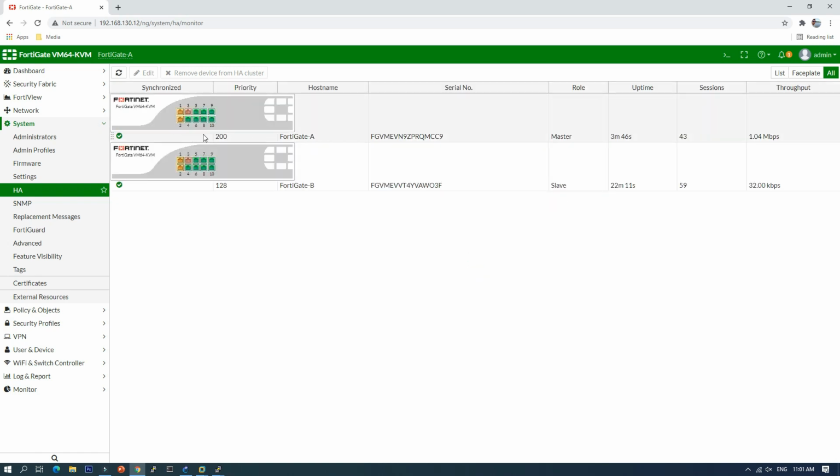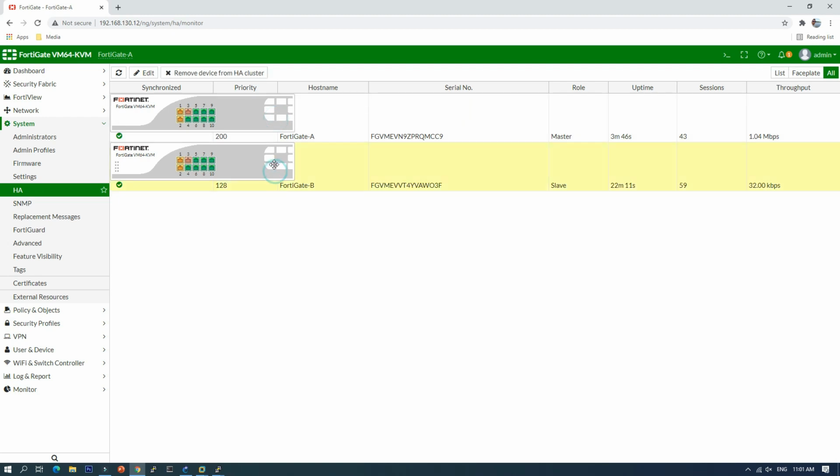Yes. Okay, so like this, every time when the FortiGate A comes back, it will take over to become the master. Okay, so one more thing is about the login.